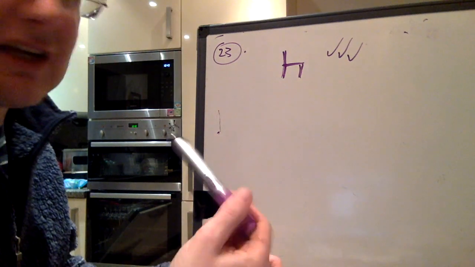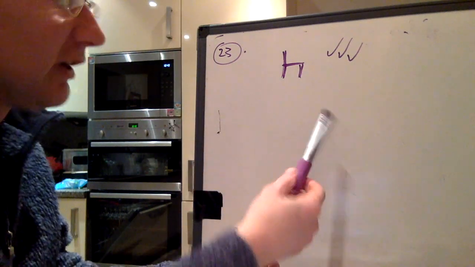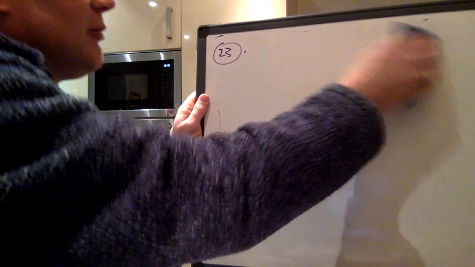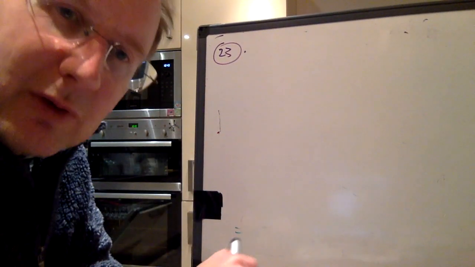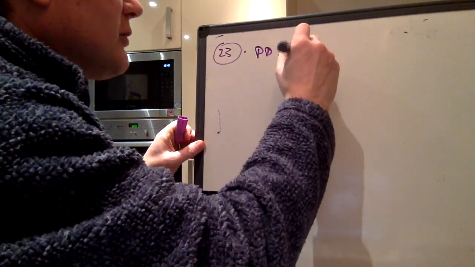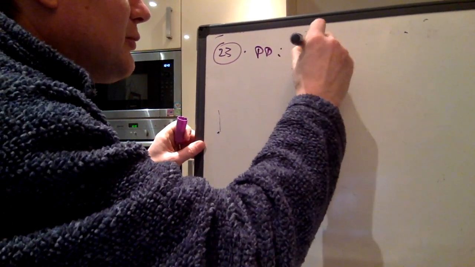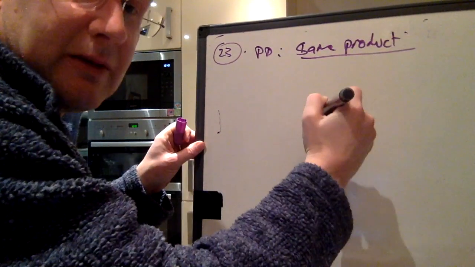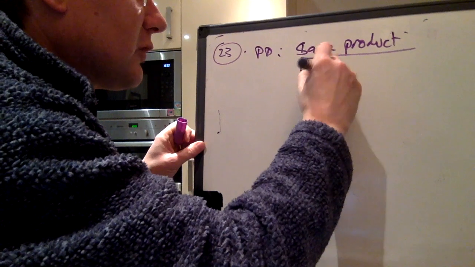But in this case, it's just asking you, why is the chair a dog? And you go, well, okay, it's got a back, it's got legs, and it's got a bottom. We do the same with price discrimination. But in order to do that, we have to say, well, what is price discrimination? So price discrimination is a situation where a firm sells the same product, and that's the key. You've got to get that idea of the same product in, to different groups of consumers